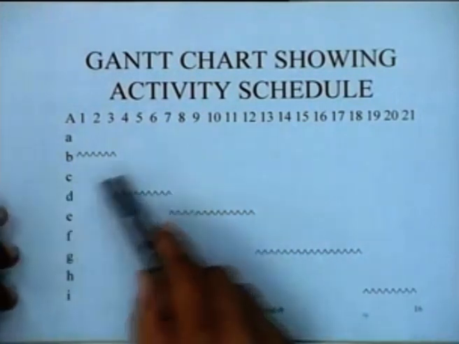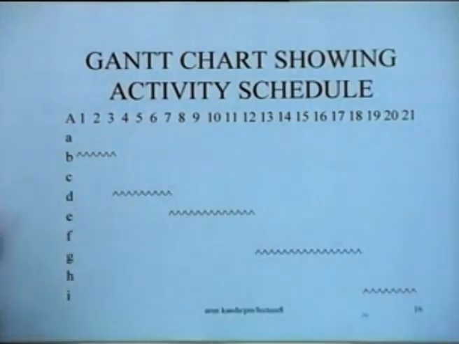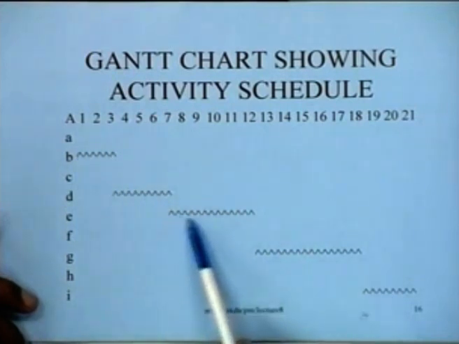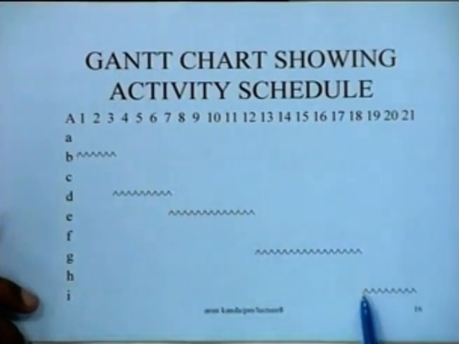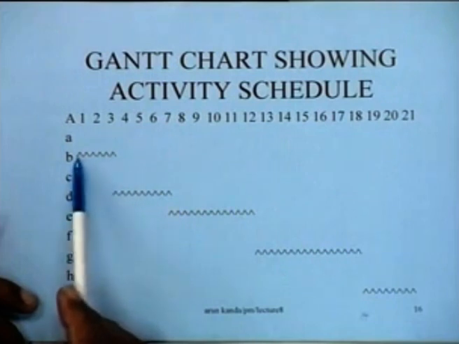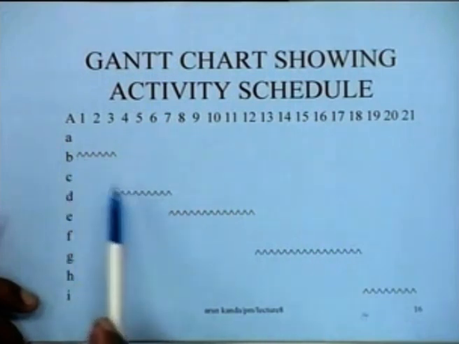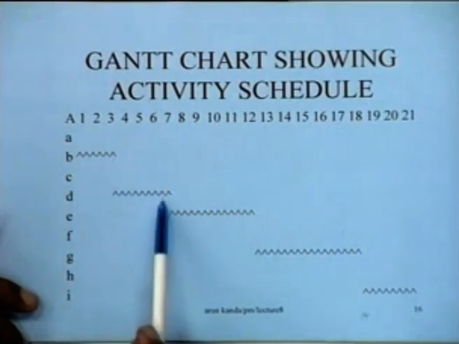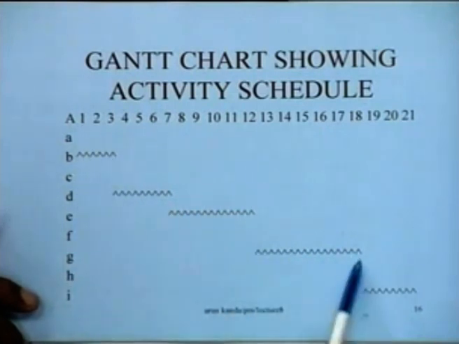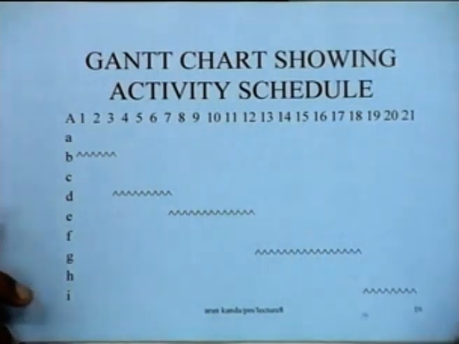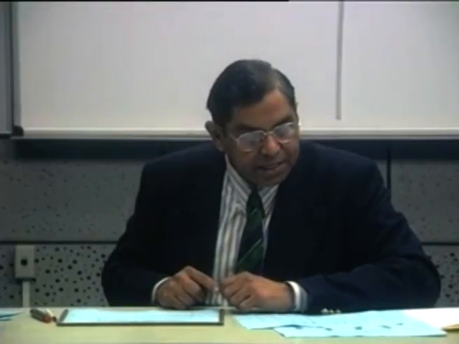In this particular case, what we find is that these activities B, D, E, G and I are critical activities, so they have no floats, their values are fixed and they must occupy the time slots as shown, and you will find that the durations of the critical activities add up directly to the project duration of 21 days. The remaining activities, for instance, if you look at activity A